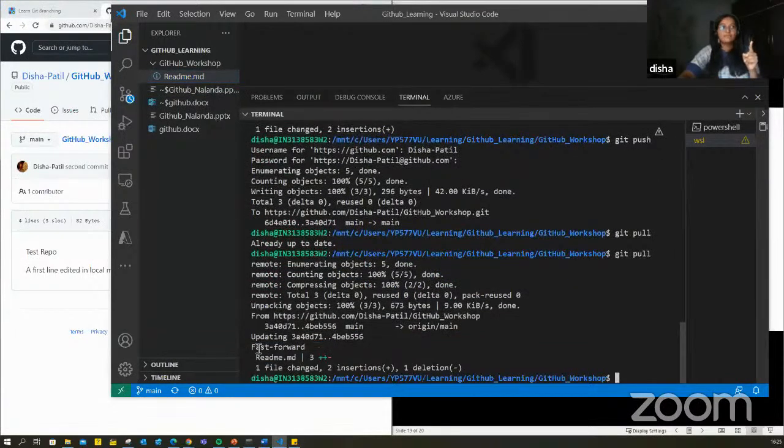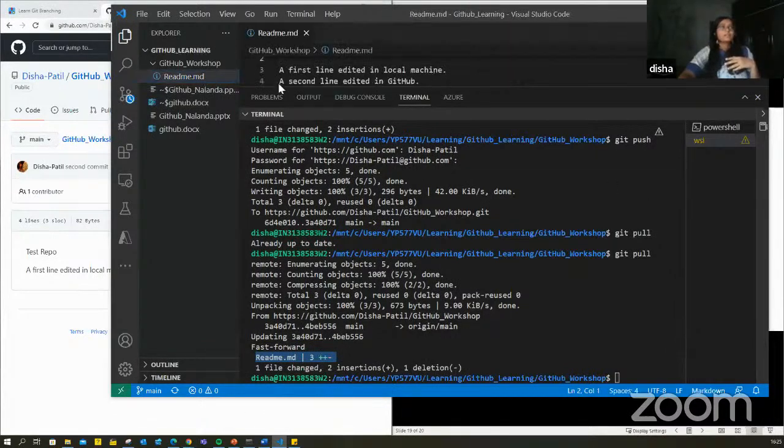See, it's telling me fast forward. It had some changes. Addition, the plus one is like added some changes. One file change, two insertions, one deletion. Okay, so this was inserted. So I get the most recent copy from the online repository, and now I can start my work, and then